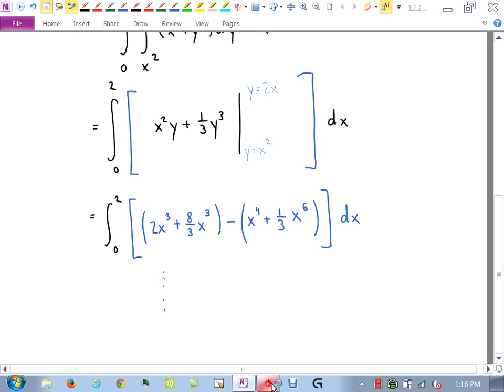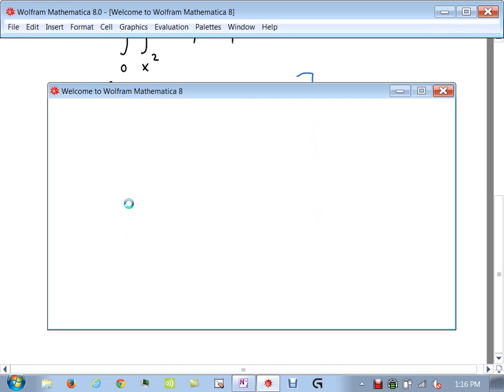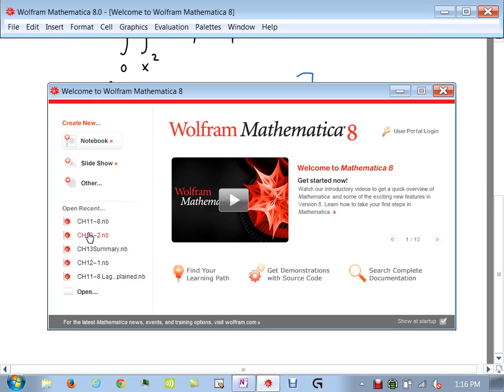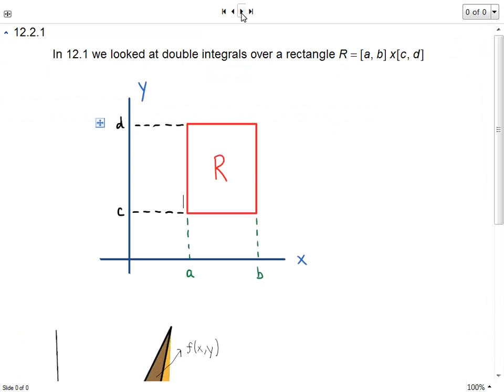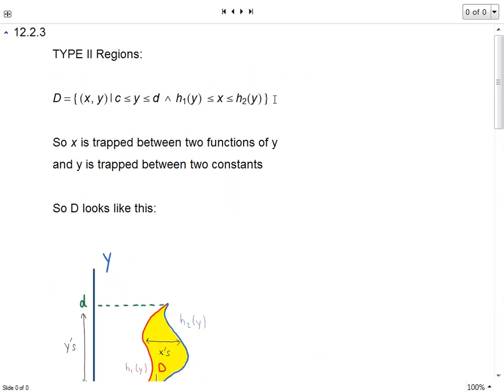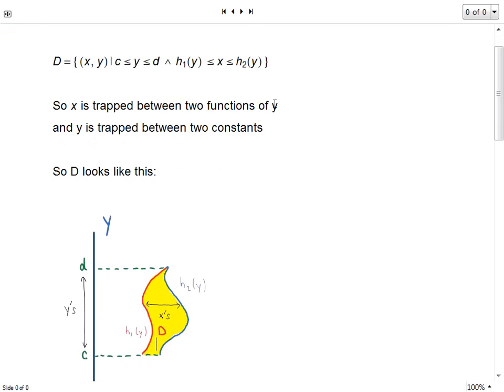Now, I actually do need to bring up my notes. 12.2. Okay, so here's the type 2 region. The difference between the type 1 region and type 2 region is that your y's are trapped between two constants, and this time your x's are trapped between two functions of y. So hopefully in Cal 1 you saw this, where you had functions of x could create this region, or you could kind of turn everything sideways, and these two functions, the red one here and the blue one here, they pass the vertical line test, but